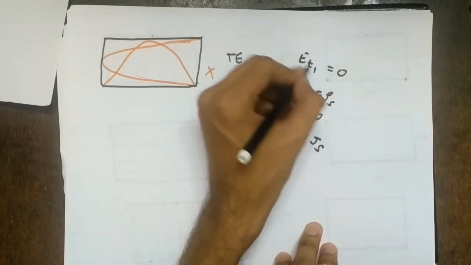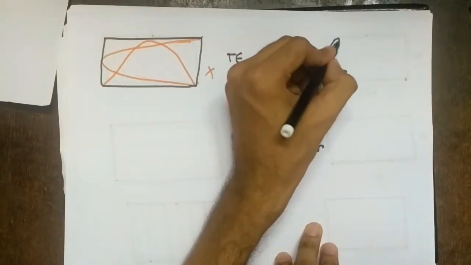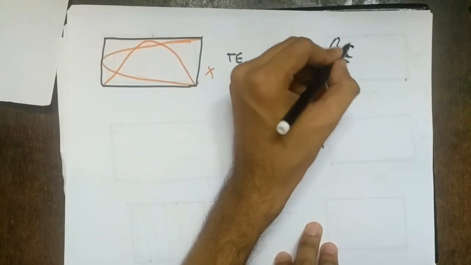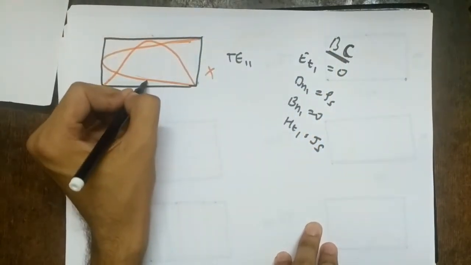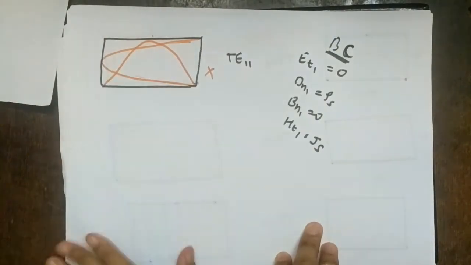It means the tangential component of the electric field should be 0, right? These are the boundary conditions at the boundary. So they are only talking about at the boundaries. They don't say what happens in the middle, it should be 0. No, only at the boundary we are saying the tangential component should be 0.